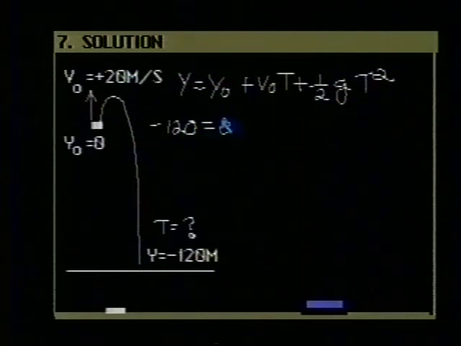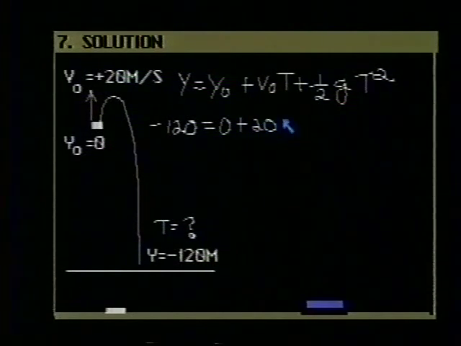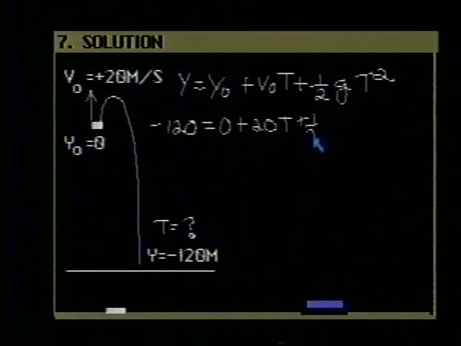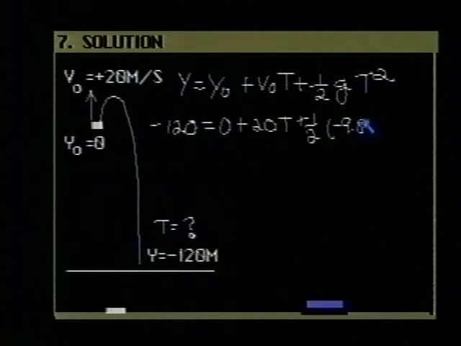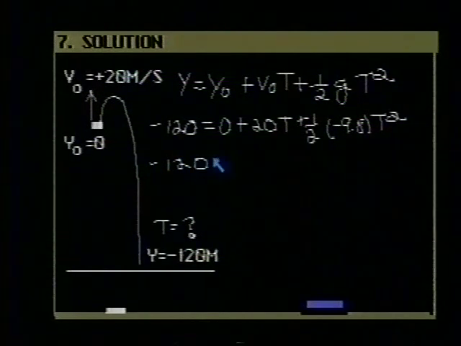It is 0 plus 20 times t plus 1/2 g, which is minus 9.8 times t squared. And that can be rewritten: minus 120 is equal to 20t